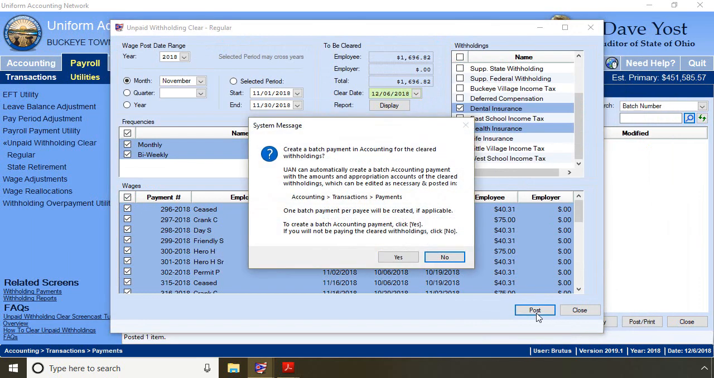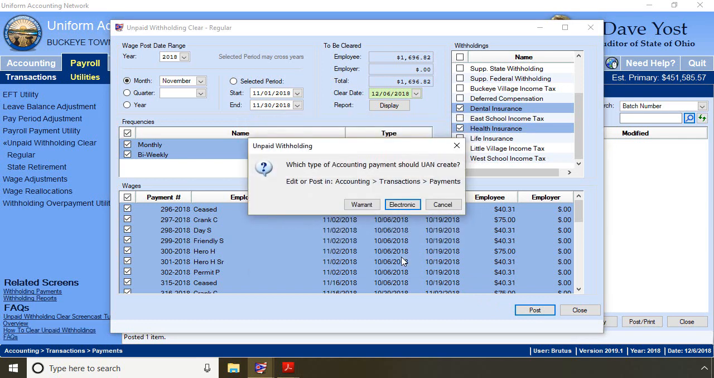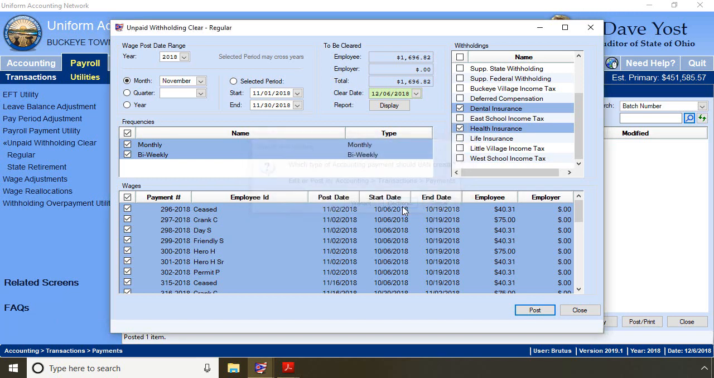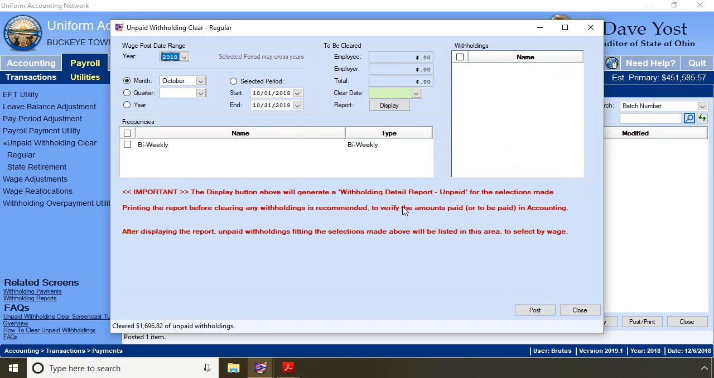There's my question: do I want to create a batch payment in accounting for the cleared withholdings? Yes, I do. And then it wants to know which type. Well, if the insurance company is taking this out of my bank account, I would choose electronic. If you are going to create one check for the insurance company to put in the mail, you would choose warrant. The form defaults to the oldest unpaid, and in the bottom left corner, I see the cleared 1696.82 of unpaid withholdings. I close,